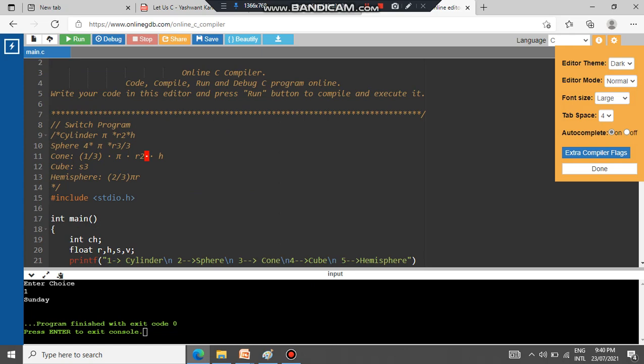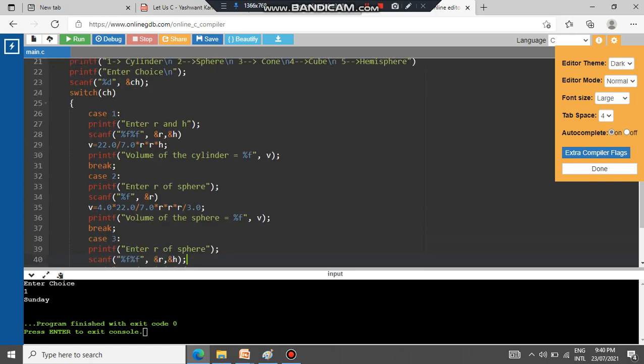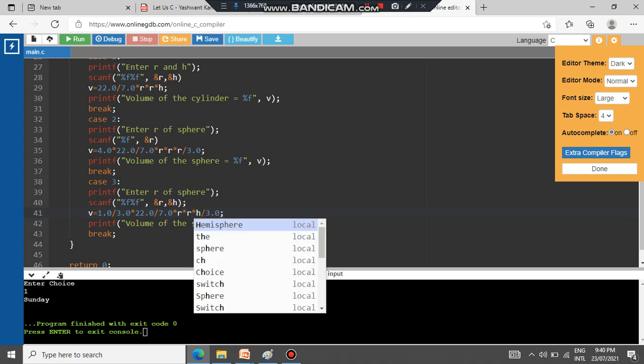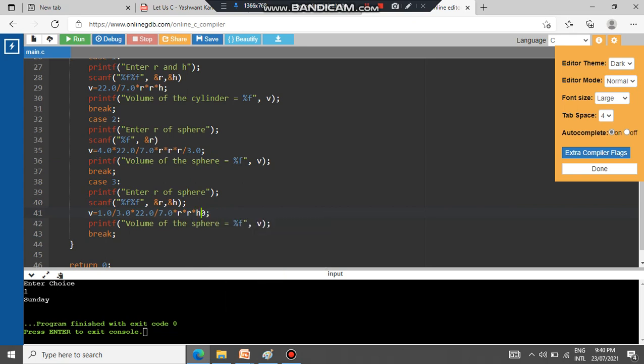The formula must be known: 1 by 3 into pi r square h. So volume is equal to, we will remove all this, pi will be there. So 1.0 divided by 3.0, then pi, r square multiplied by h. Instead of r, I will make it h, and the division by 3.0 will not be there.